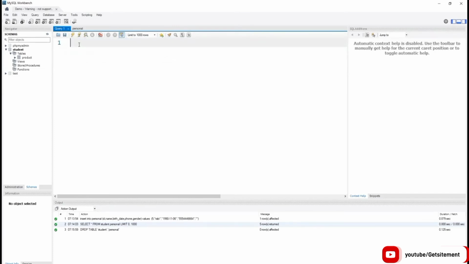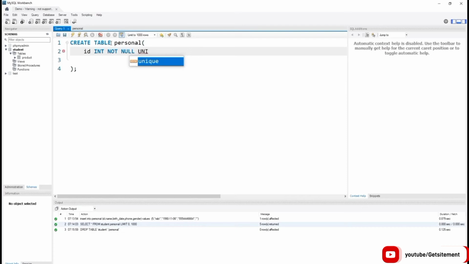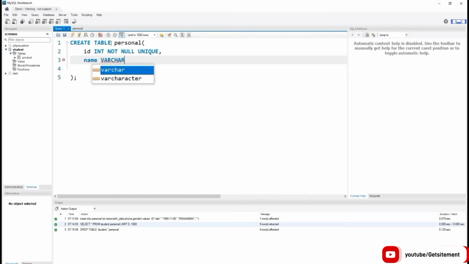To create a new table, we need to type create table and our table name is personal. Then inside the round braces, our first column name is ID and its data type is integer and I don't want to leave it blank. So I use our first constraint, not null, and I do not want to repeat this ID in our table. So I use unique constraint and our next column name is name and its data type is varchar and I